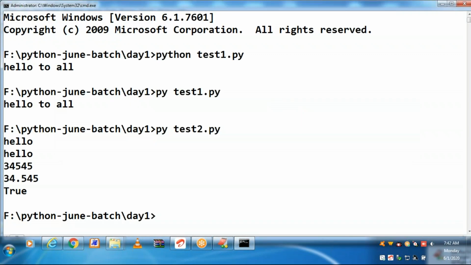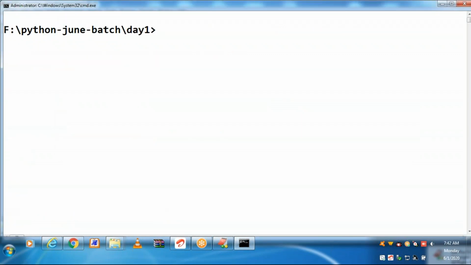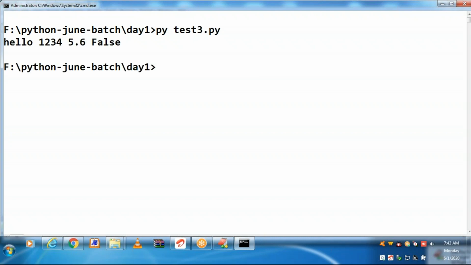Try to run this one, test3.py. In the same line, by using a common separator, that common separator is a space. By using a space as a separator, you can print any number of literals or variables or expression results in the same line by using a single print.